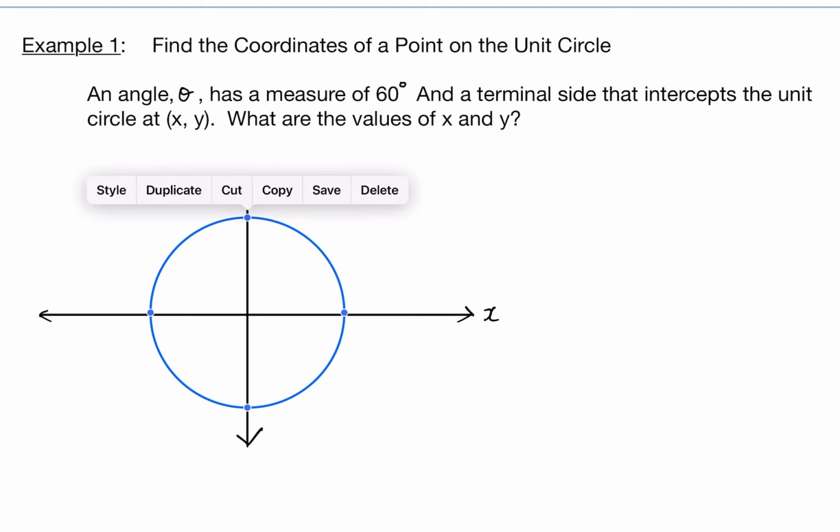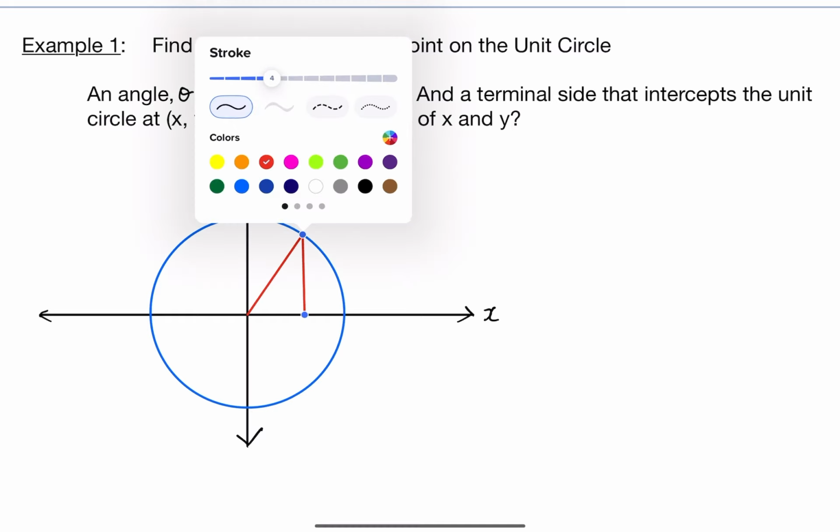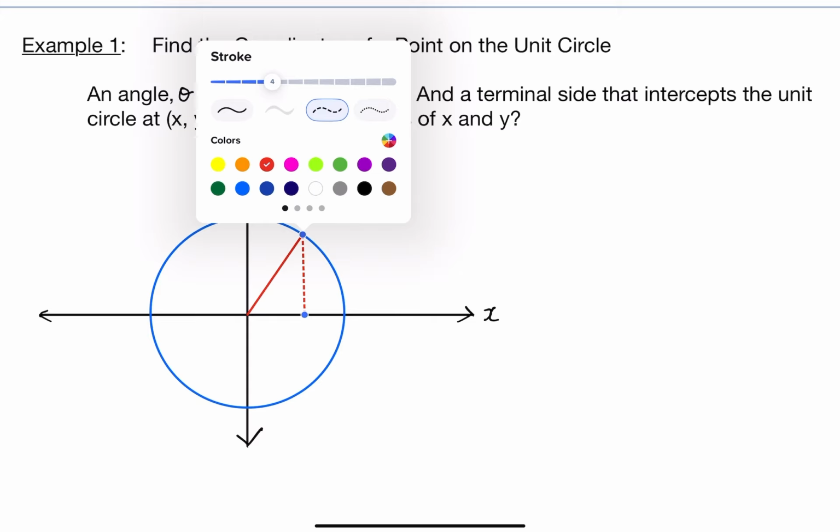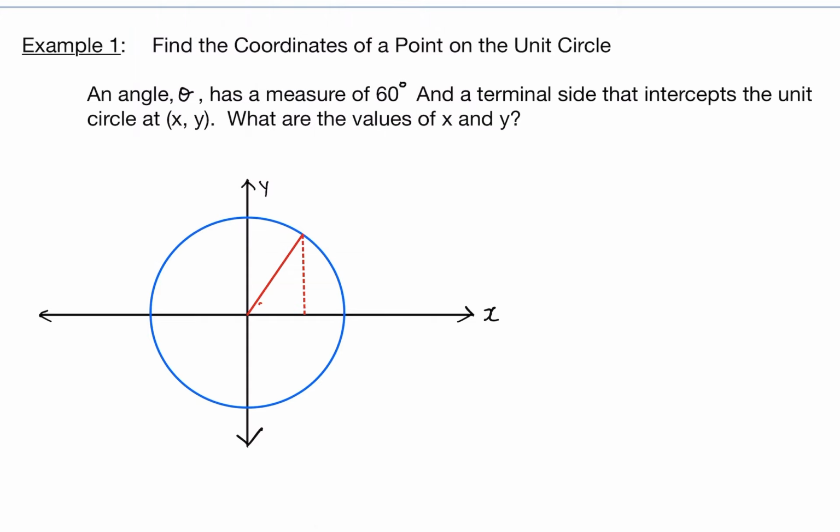And let's make sure this is centered, okay? And then we're going to have an angle theta. I'm going to have a drop down here. I'm going to make this dotted, all right? And then we're going to go ahead and label this angle theta. And actually, I'm going to go ahead and label it 60 degrees because we were told that that angle theta